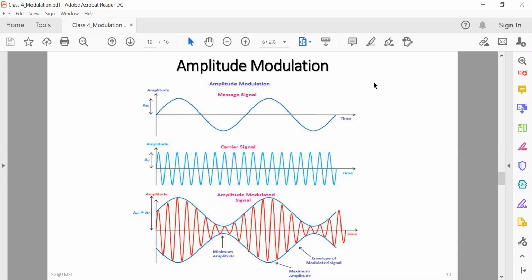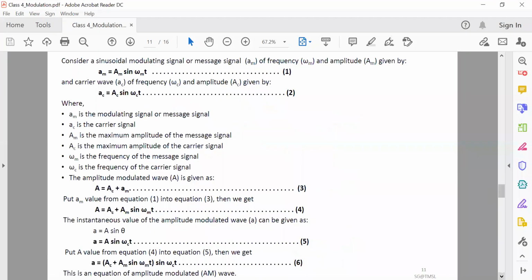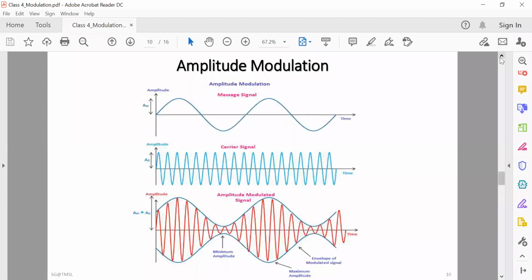So start with amplitude modulation. It's a type of modulation where the amplitude, or the signal strength, of the carrier signal is varied in accordance with the amplitude of the message signal. Okay, as I have told you earlier. So basically, amplitude modulation is a type of modulation where the information, the message signal, is transmitted over a carrier wave by varying its amplitude in accordance